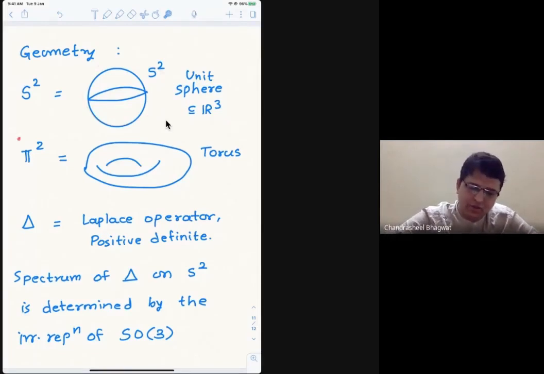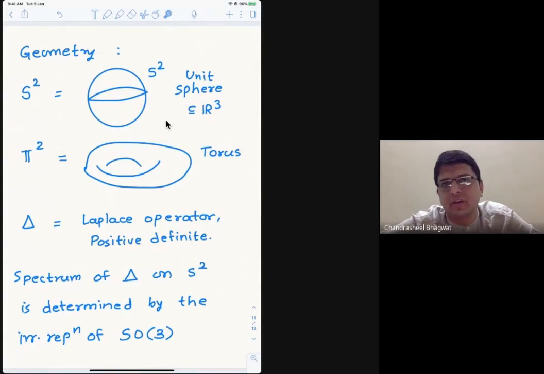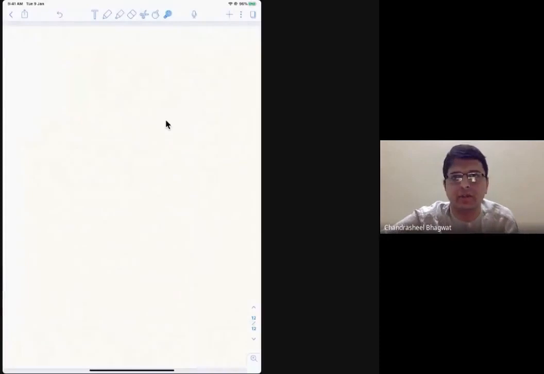Same thing happens with the torus. In the torus case, the group is something called SO2 cross SO2. It's also called the torus group, and its representations are going to determine the spectrum here. So this is the key point which I just wanted to say here. Now we are almost in the last third of the lecture. So now I'm going to talk a little bit about some interesting ideas and theorems which go into this, and then I'll very briefly talk about some contribution which I have made in my PhD and the subsequent work.